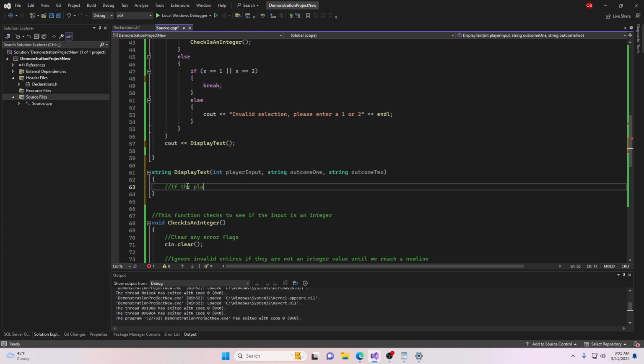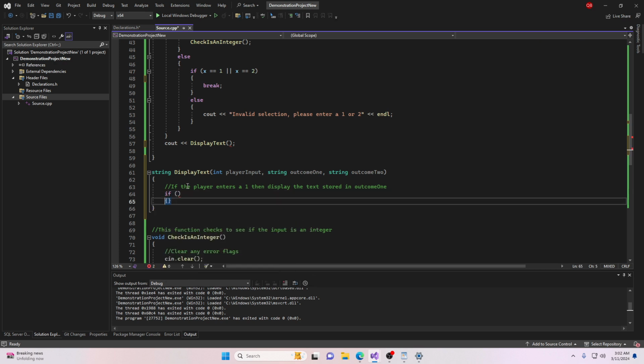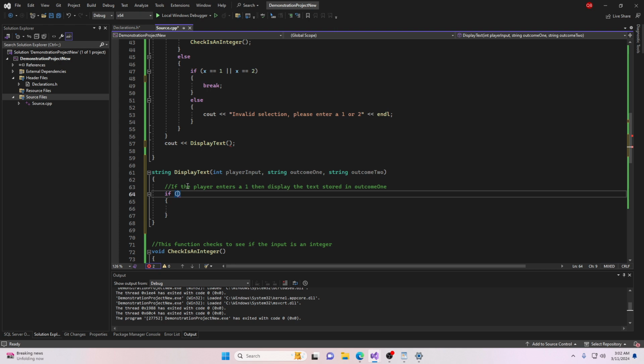So if the player enters a 1, then display the text stored in outcome 1. No, it's spelled this way. And so we're going to make this if statement that we just talked about in the comments. If player input is equal to 1,